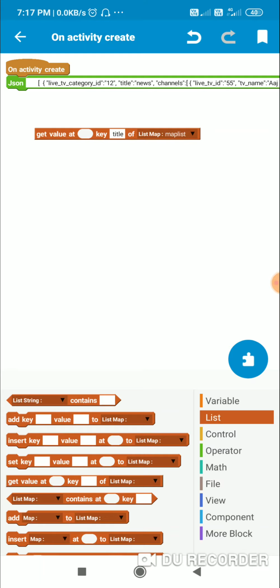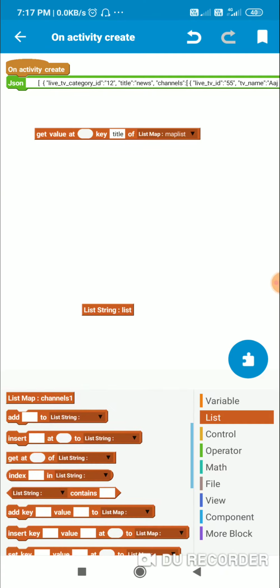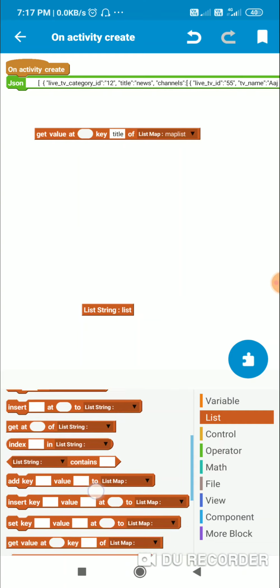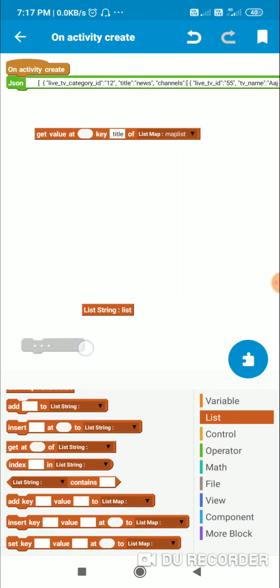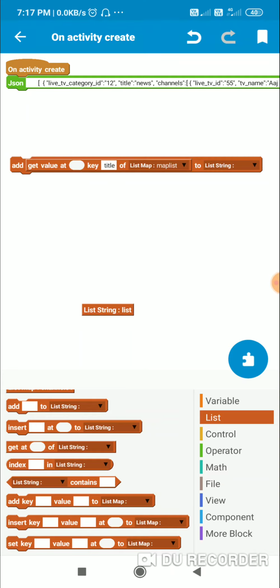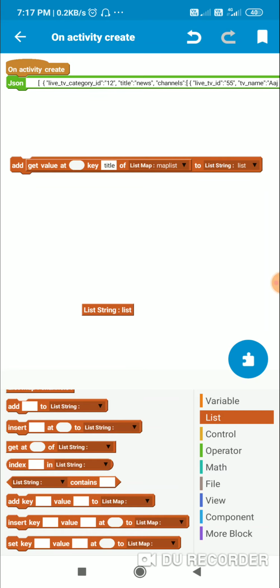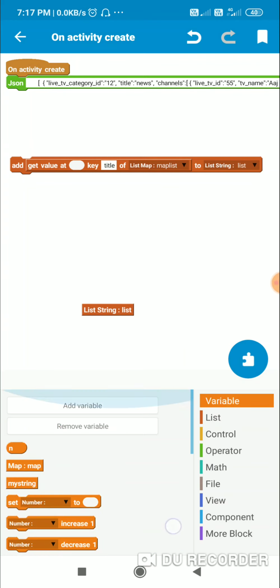and I have to display it in a spinner, so I have to add it to a list. For that I have added a string list called list, and I will add it using this block add get value at position key title of list map map list to list string list. Now since it has multiple positions, I will use a repeat block. First I will set n to 0,